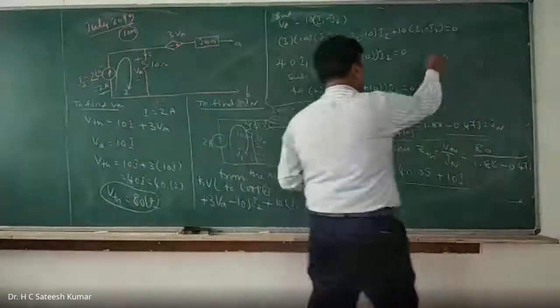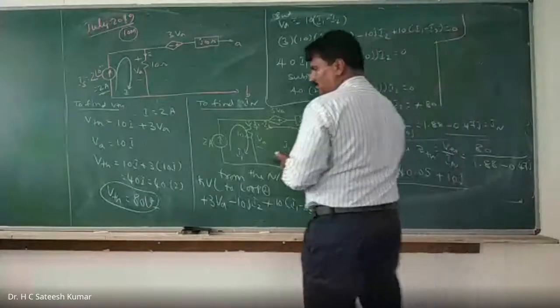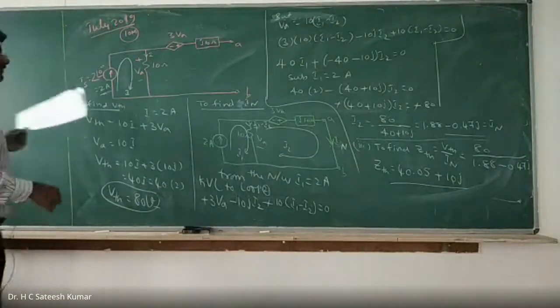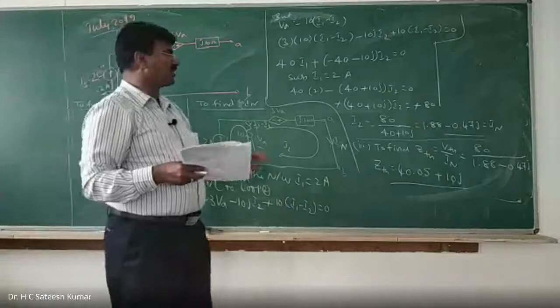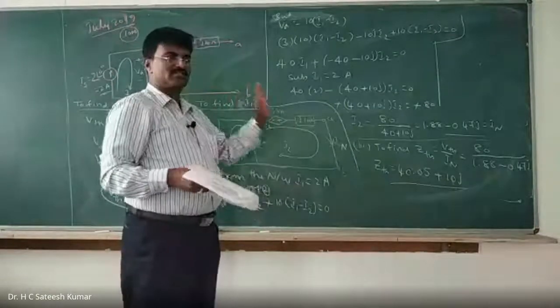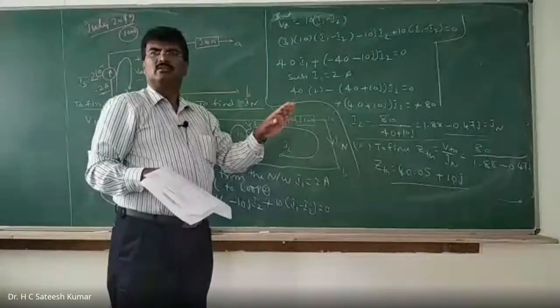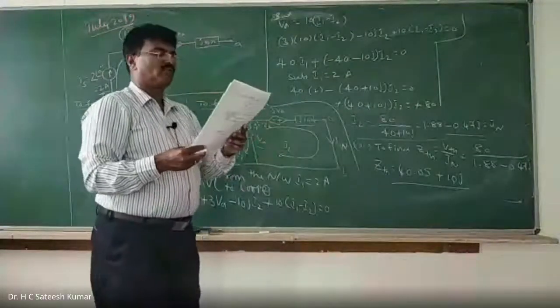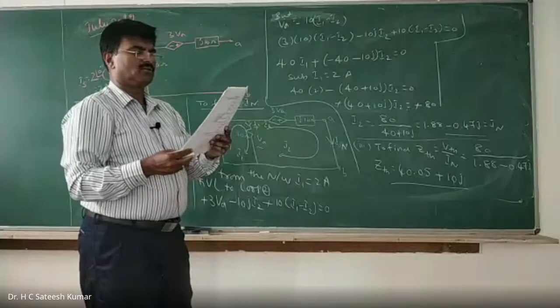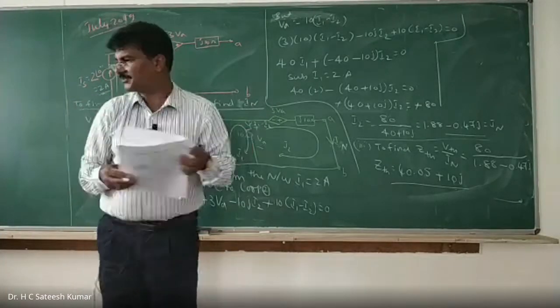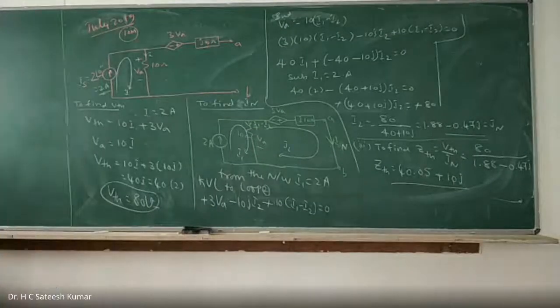Next, what is he asking in the question? See, whenever this kind of question comes, whenever a dependent source is there, in Thevenin's or Norton's equivalent, first you find out VTH, ZTH, VTH, IN, ZTH. It is common. Then you think what he is asking. What is he asking in this question? Which paper was it asking? This is from July 2019, no? July 2019.